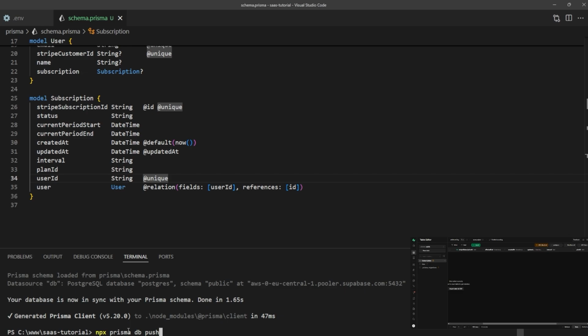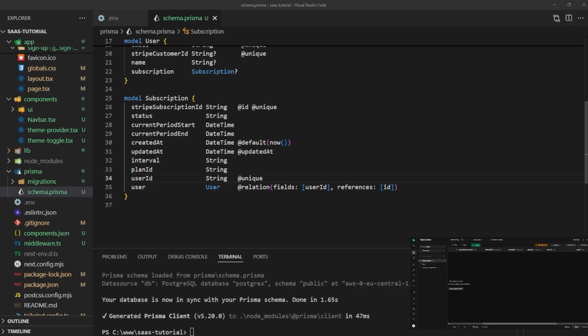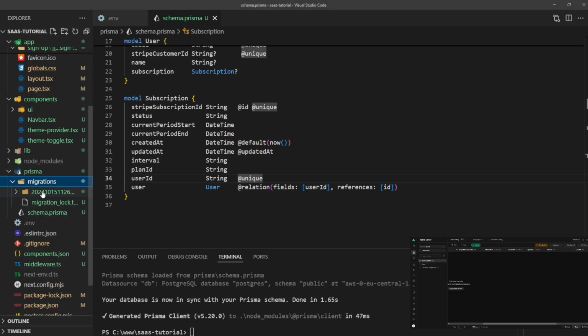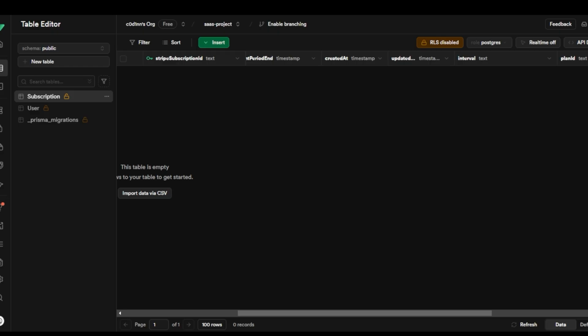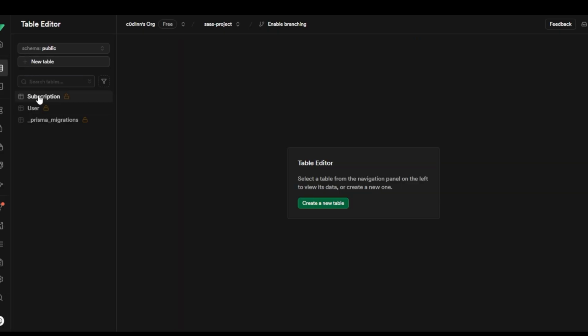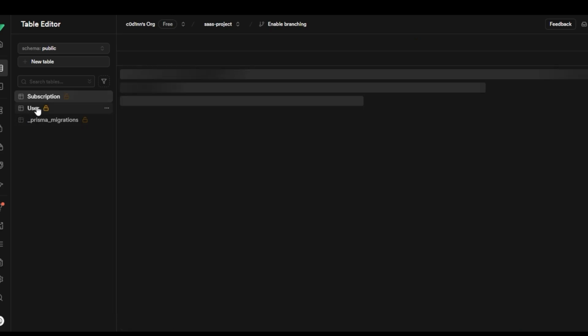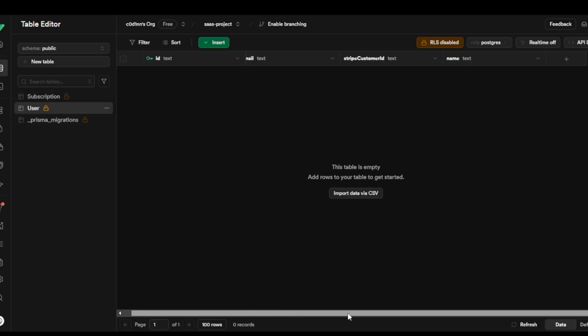It doesn't track them. And npx prisma migrate dev will track the changes. When we will add there some fields or some module, we will have it tracked down. You can also see it there in Prisma migrations. There it is. And there in table editor, you can now see subscription table, user, and you can see there